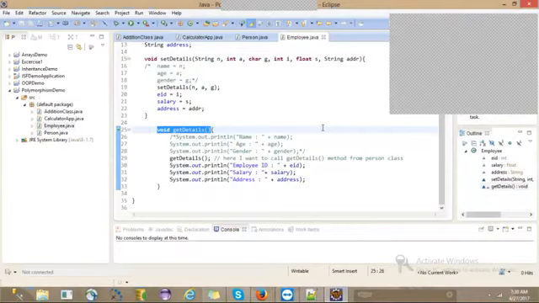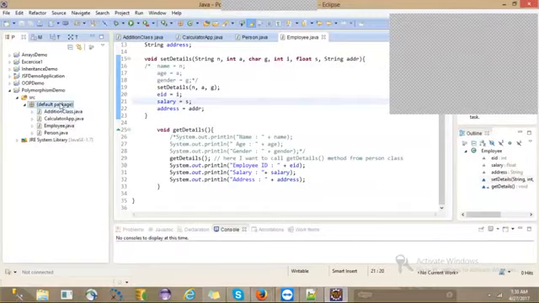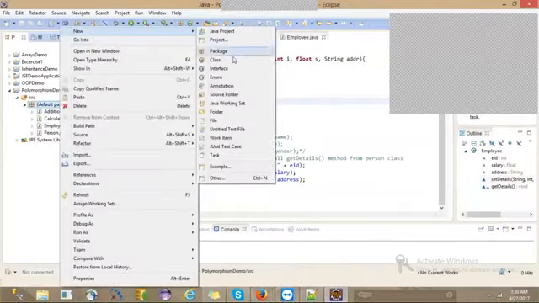So now we are discussing what method overriding is and how we implement it. Is it clear, guys? Now let us write the application class, the user class, where we use the person or employee class objects.